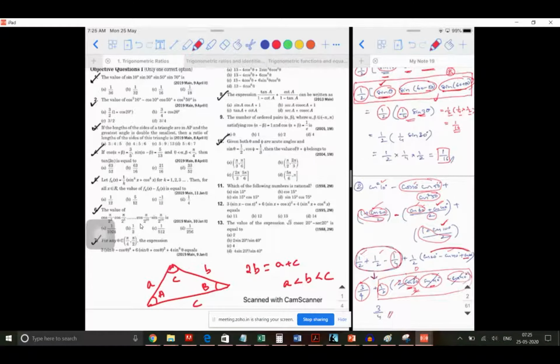So the greatest angle, what is it? Greatest angle is double the smallest. Okay. Then the ratio of the length of the sides of the triangle is what? So how can we proceed? You have only one mathematical equation in your hand, that is nothing but 2B is equal to A plus C. This is the only formula that we can derive from arithmetic progression. So first of all, can you tell me, is it only a trigonometry based problem or is it a combination of any other concept also?